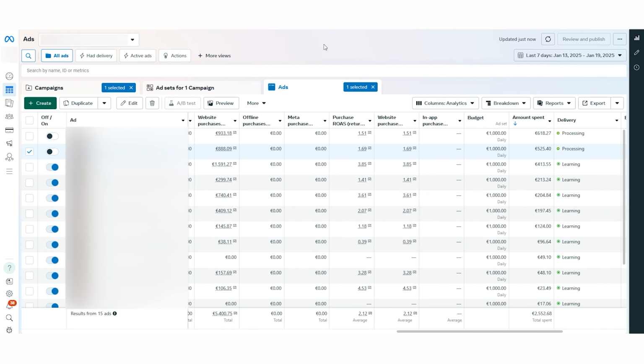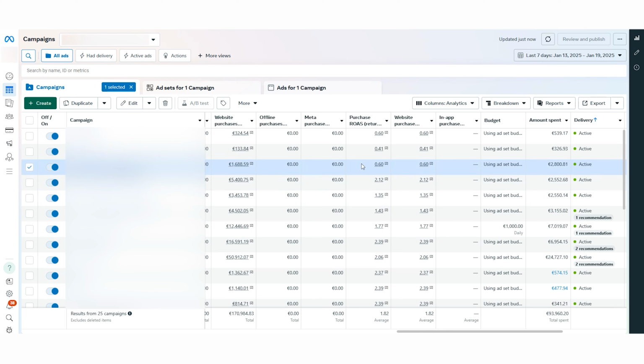Now, if we leave it for a long period of time, most likely Facebook is going to fix it on its own, you know, deciding. On the other hand, we don't want to lose time and we want to fix it on our own. The worst case scenario is that we will have to relaunch the whole campaign and start optimizing it all over again if we see that we're making mistakes and it's not going to work.